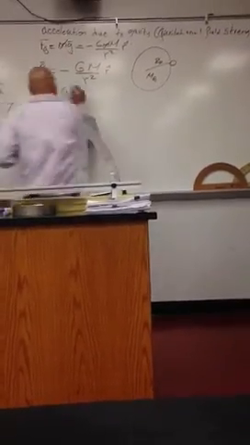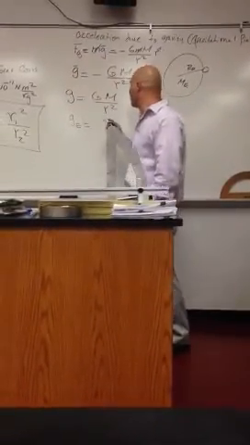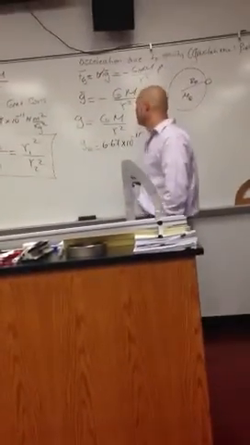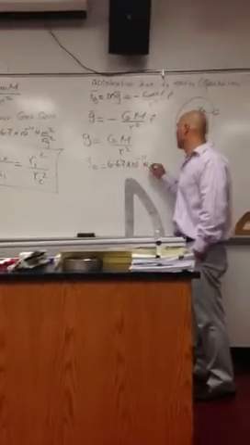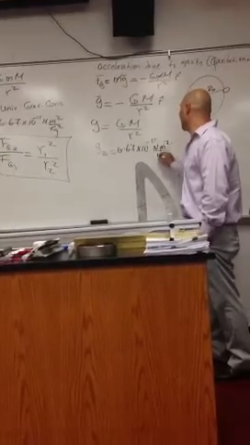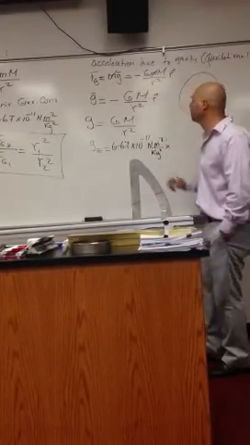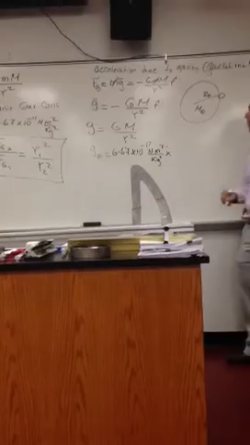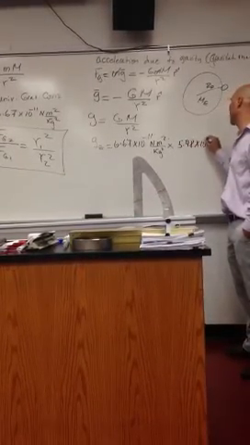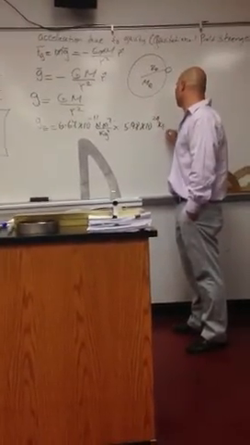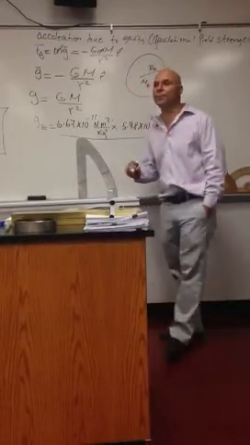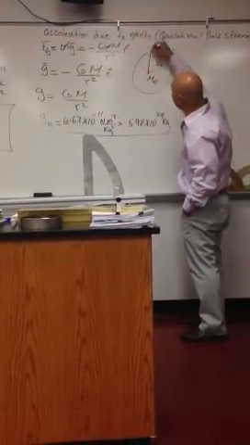How can we find it? G is 6.67 times 10 to the negative 11 newton meter squared over kilogram squared. What is the mass of the Earth? On average, 5.98 times 10 to the 24 kilograms, divided by the average radius of the Earth. The average radius of the Earth, so if we